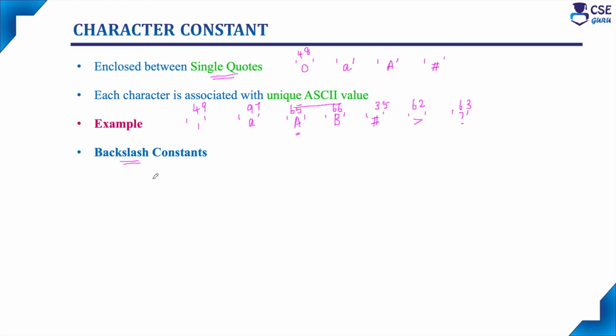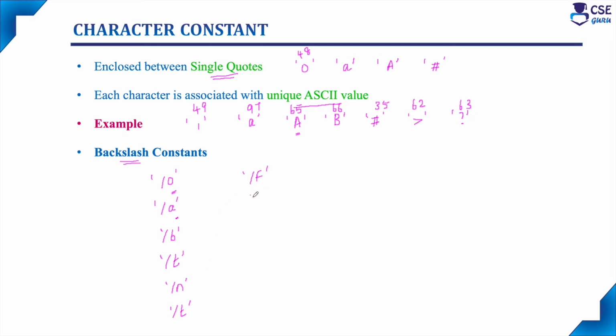The backslash constants are \0, \a and so on, which we should enclose within single quotes. If you enclose these backslash constants within single quotes, that is a character constant. \0 represents the null character, and \a is an alert or beep sound. \b is for backspace, \t for horizontal tab, \n for new line character, and \v for vertical tab,